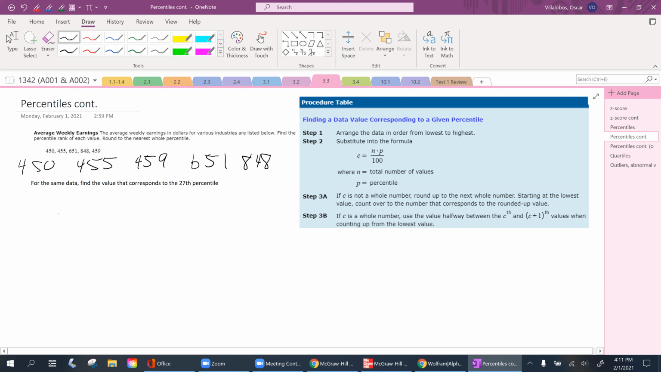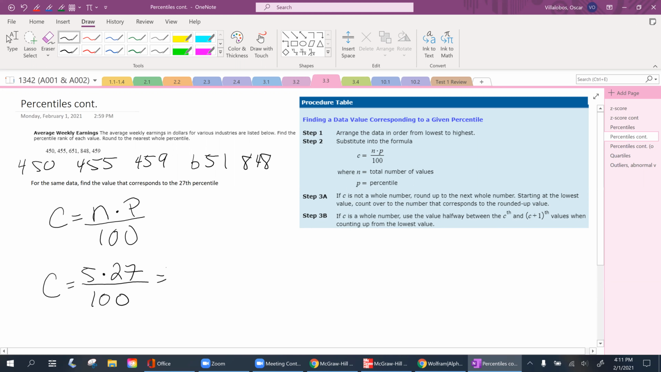The formula for that is C is equal to N, which we know is 5, times P, the percentile, which is 27 divided by 100. So let's go ahead and find that. This is going to be 5 times 27 divided by 100. What does that give me? 5 times 27 gives me 135. And 135 divided by 100 gives me